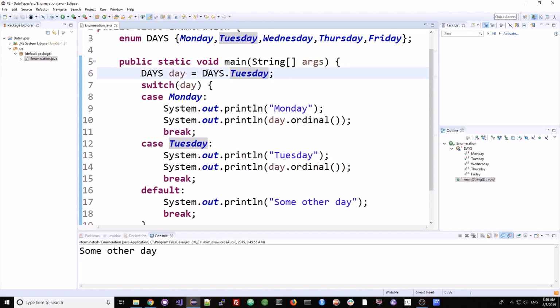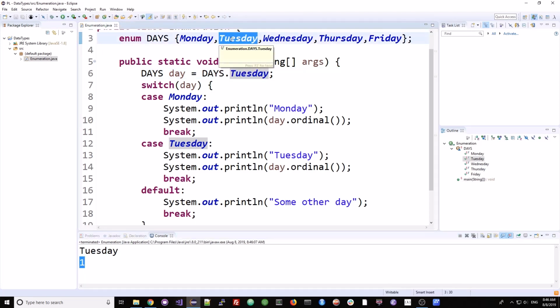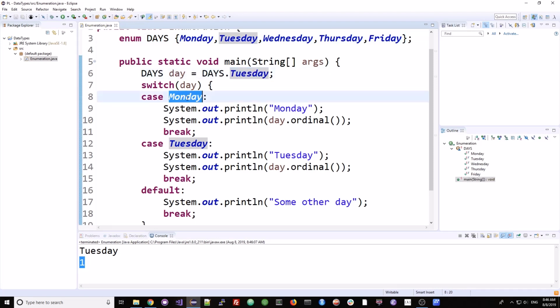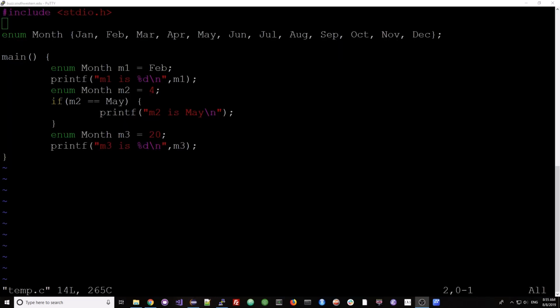So if I run this code with the day set to Tuesday, it prints out a 1 because Tuesday is the second day in this list and the numbering starts at 0. If I change this value back to Monday and run this, I'll get a 0. Like so. In C, enumerations simply are integers, which means they aid readability, but they don't really increase reliability because